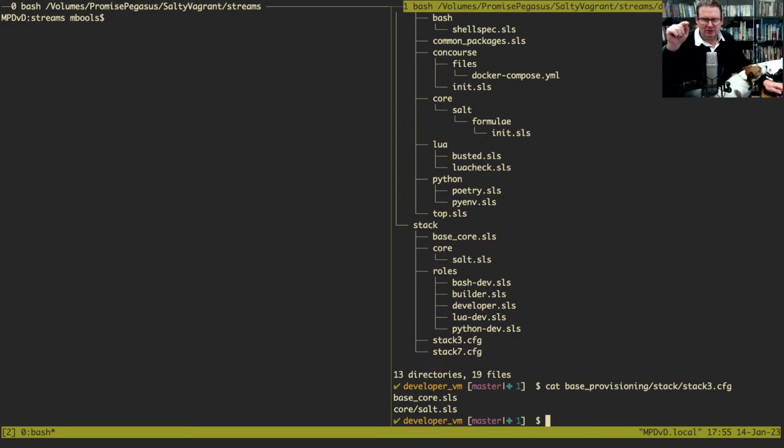These stacks are numbered 1, 2, 3, 4, 5, 6, 7, 8, 9, so you can then dictate the load order, which has more significance when we come to talk about projects. But for now, all you really need to know is that we're going to load this base core and this core salt, which allows us to load, for example,